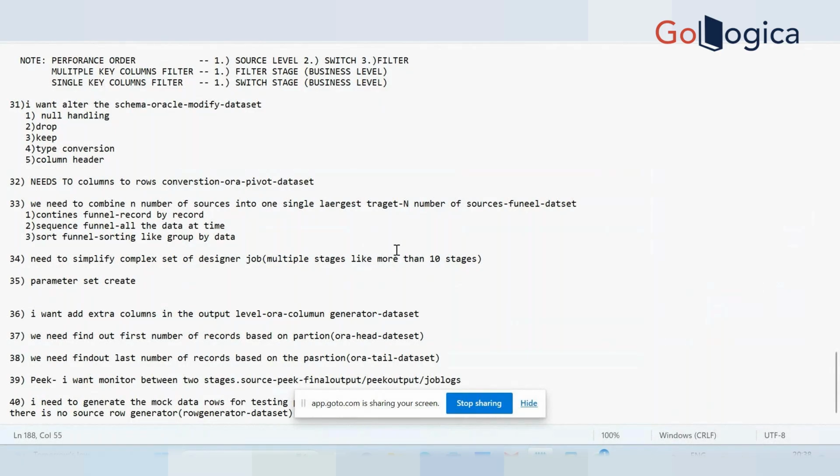I want to alter the schema, modify the data set, null handling, drop, keep, type conversion, first of column all, 31. I want to alter the schema. So what is the meaning of altering the schema? Structure, you are going to update it, right? So here, how are you going to change the structure